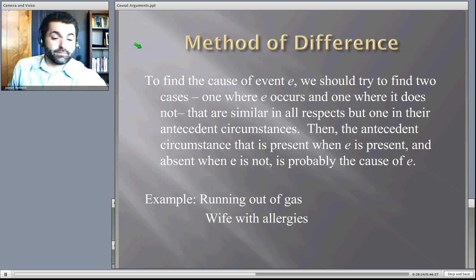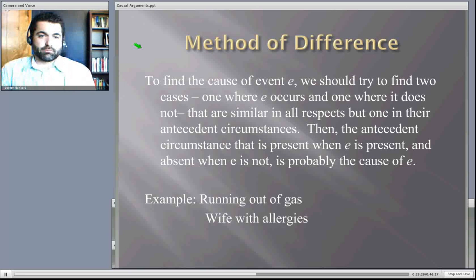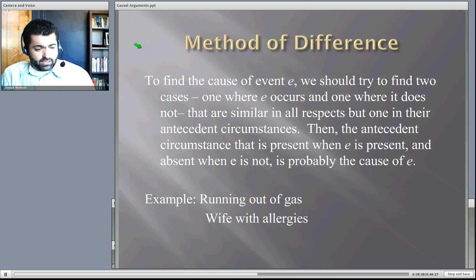So for instance, if I go out to my car and it won't start, and I think about it, I did everything the same, right? I put it in park, I put the key in the ignition, I turn the key. So many days I've done the same exact thing and it's worked each time. What's different about today? Oh, I forgot to get gas. Well, if that's the one difference, then you're like, oh, well, then I probably ran out of gas, right? Everything else being equal, what is different about this time?